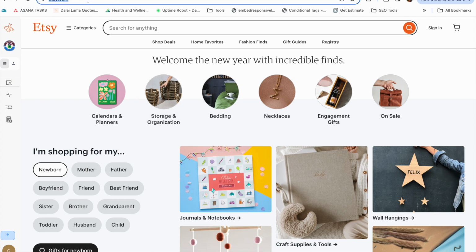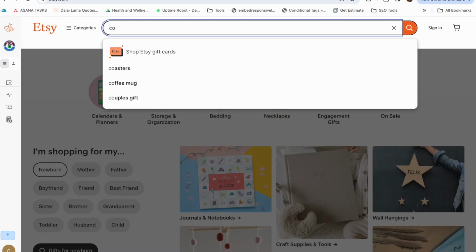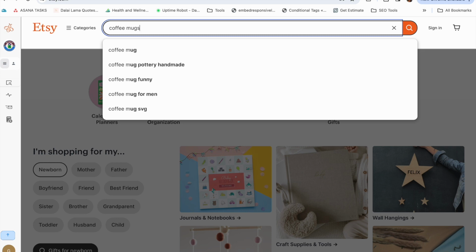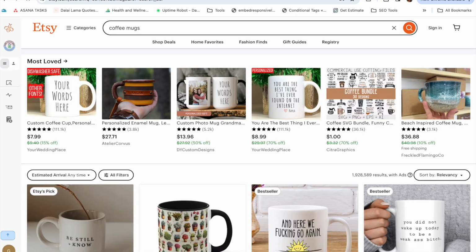There are 2 places that I like to go to. The first one is Etsy itself. Etsy is a huge online selling market. So let's see if there's any need or want for the item coffee shirts on Etsy. Let's drill down from all of the different types of items that you can sell print on demand, and let's see where that brings us. So here we are at Etsy.com. We're going to type in again, coffee mugs. Let's see how many products come up.